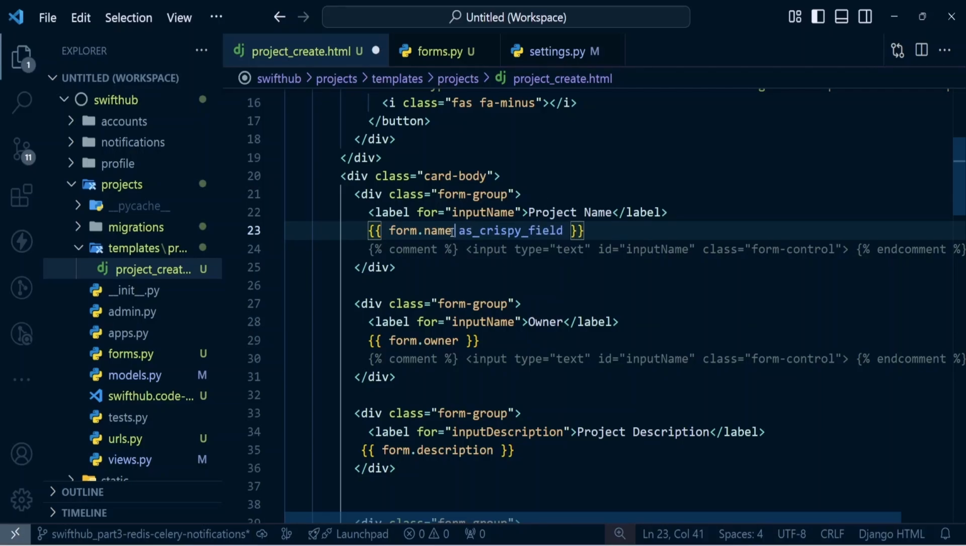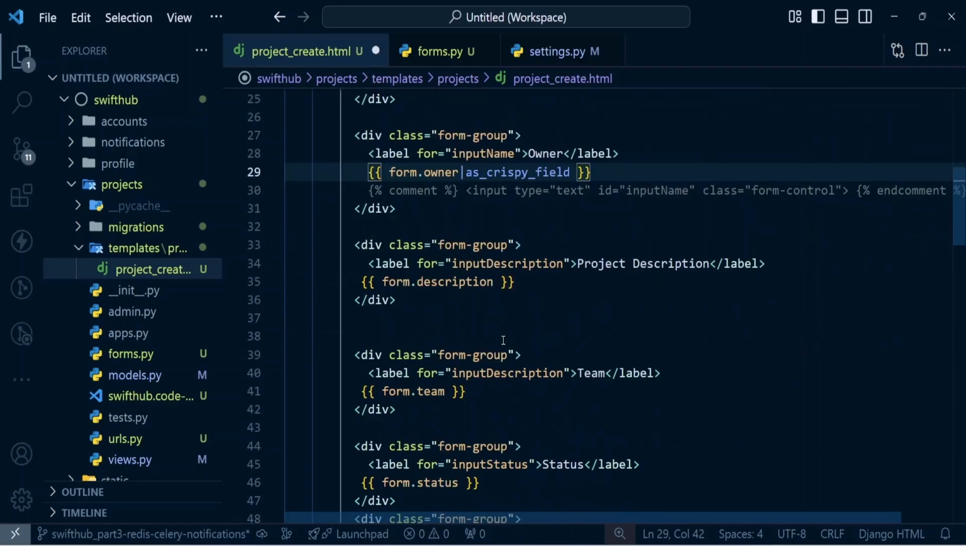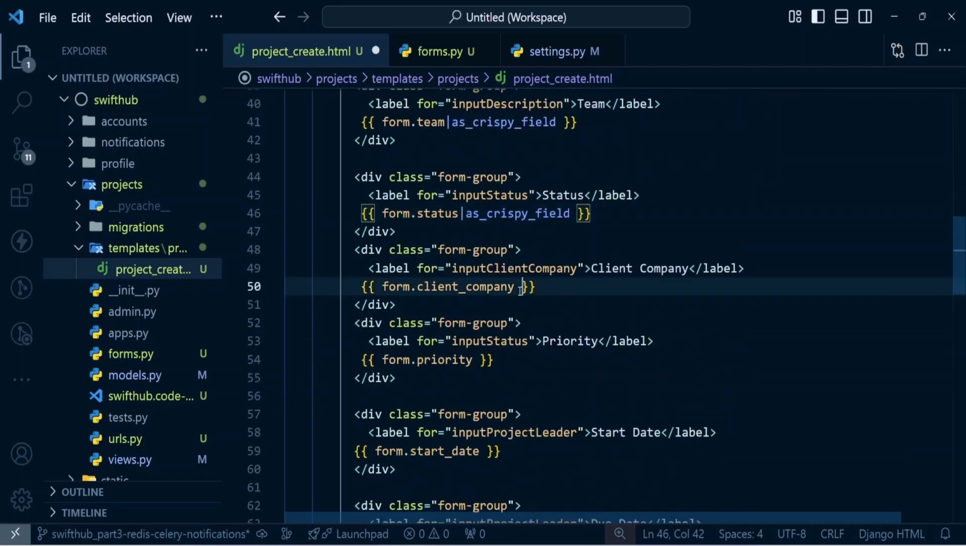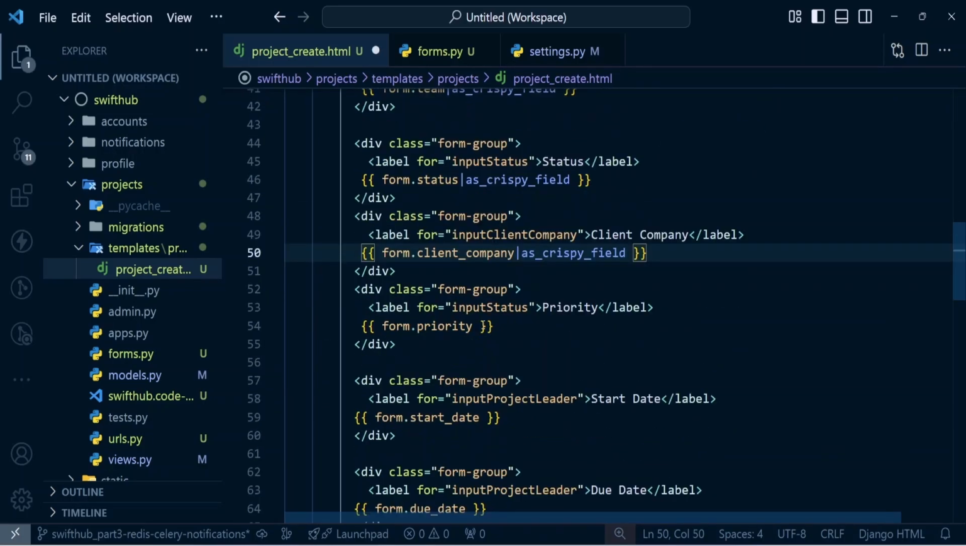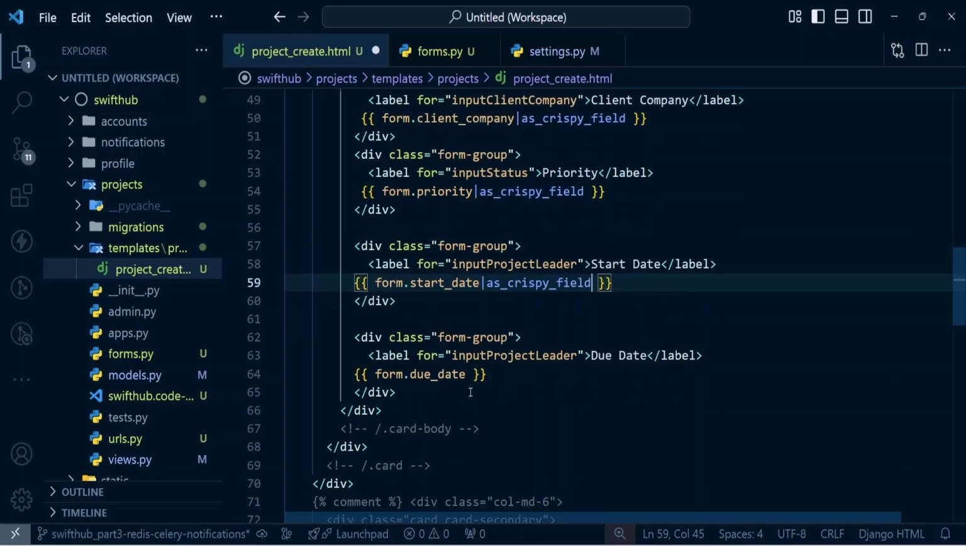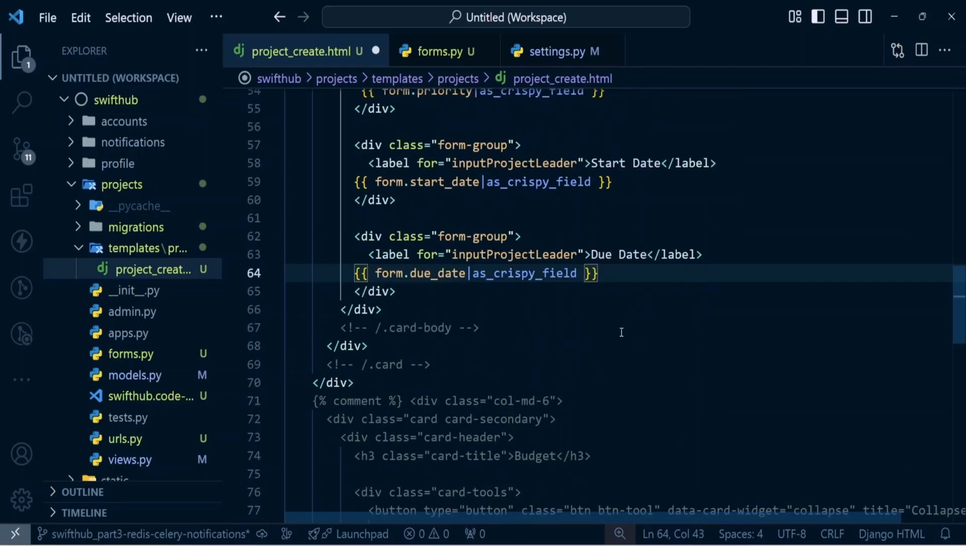So I'm just going to copy this pipe as_crispy_field for all the fields that we have. Come here, go to description, and for team, we're also going to do the same thing for team status. All right, so now that we have done it for all, I'm just going to save and then check to